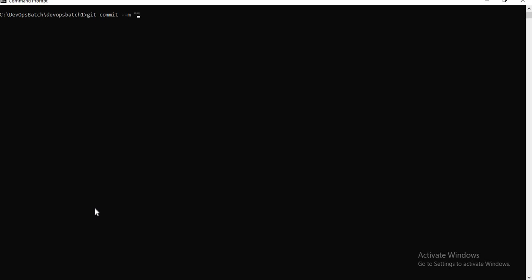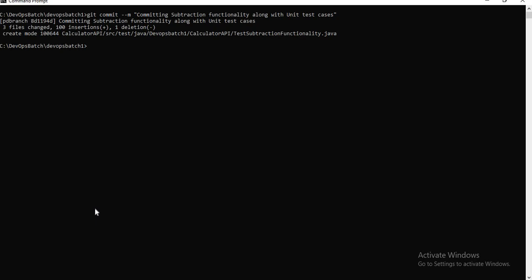and say committing subtraction functionality along with unit test cases. Let's push the change.